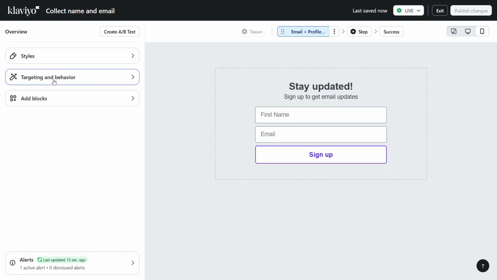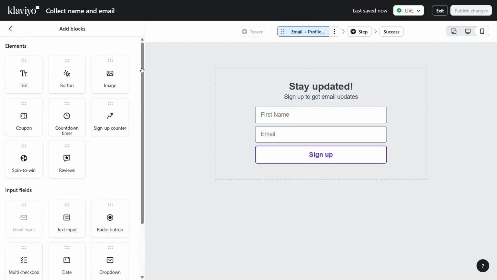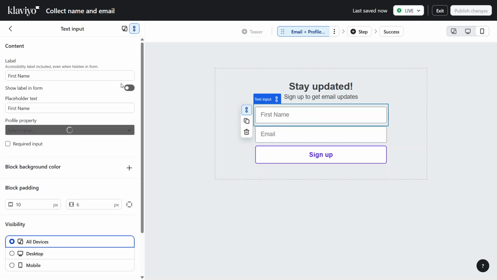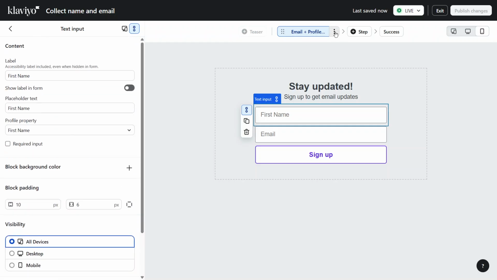You'll also see an add block option in the left sidebar. This lets you insert additional elements such as input fields and phone number fields into your form. To edit any specific block in a form step, simply click it directly in the preview. Its editing and styling options will open on the left, so you can adjust text, layout, and design. You can switch between form steps using the tabs at the top to make sure each step looks the way you want. Once you're happy with your form, click Publish in the top right, and then confirm by clicking Publish